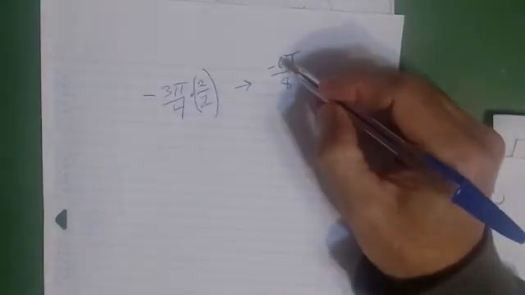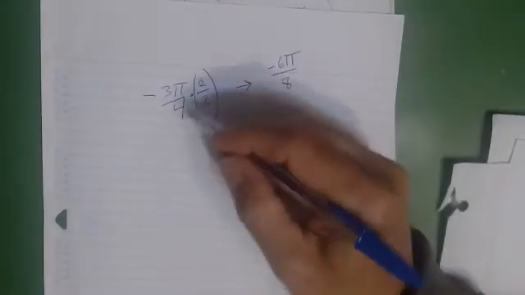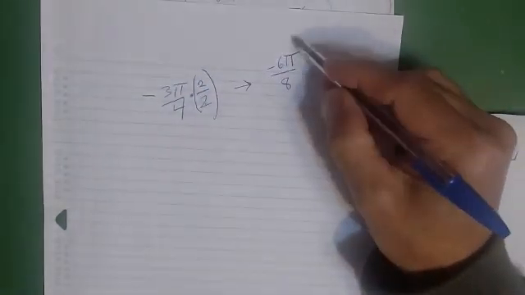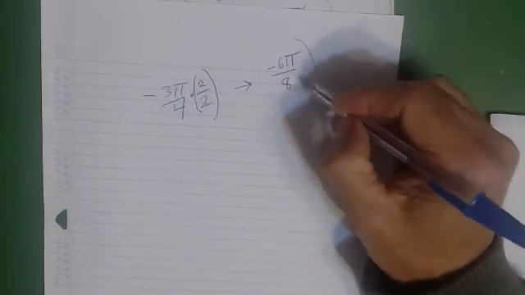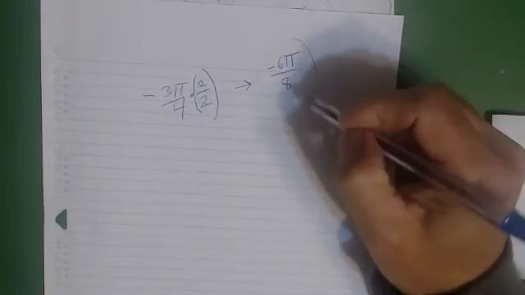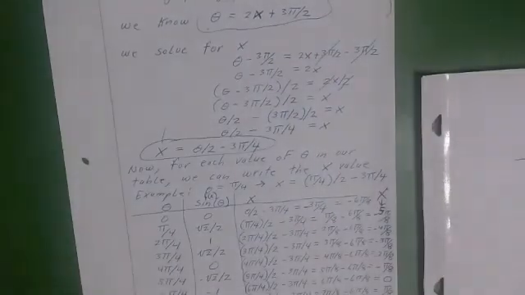Because some of them came out in the answer when I worked them out, they already came out as something over 8, but some of the answers are something over 4. So I converted them all into something over 8. So when you graph it, you get the same jump every time in value. So you'll notice here,